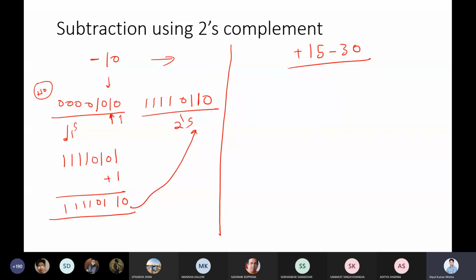Sir, so it is similar to that of 1's complement, but here we take the 2's complement and we again convert it into the original number. Yes. It is the same procedure, just in case of 1's complement you have to do it differently. So please complete it. I'm taking a pause of 1 minute.